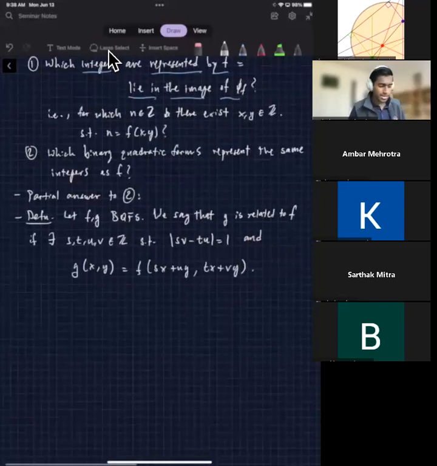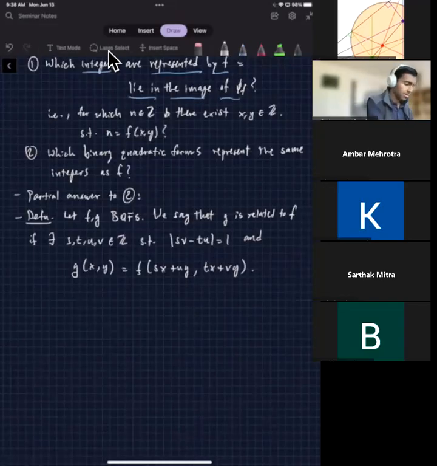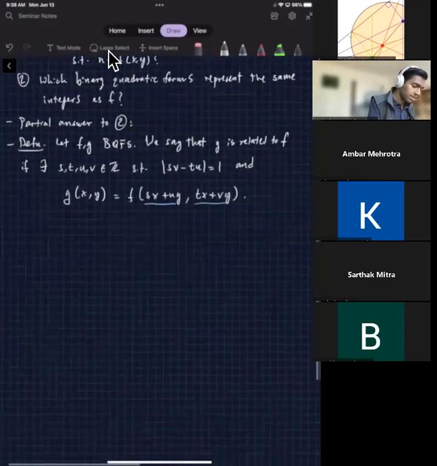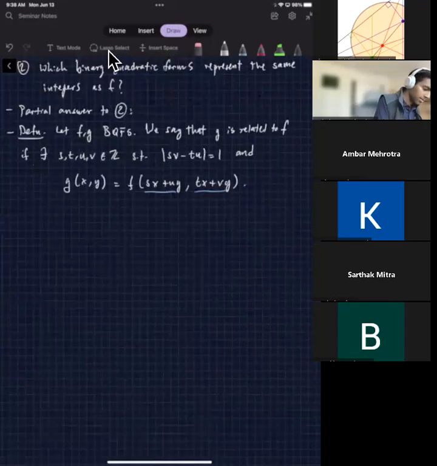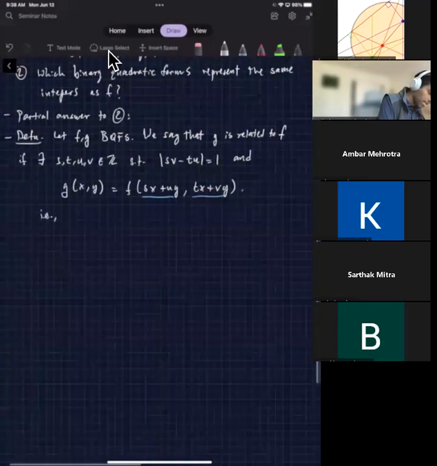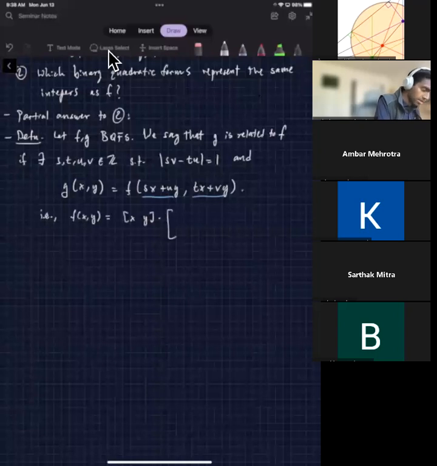So g is related to f if you can get g from f by doing a linear change of variables, where the linear change of variables is to replace x by sx plus uy and to replace y by tx plus vy. And this definition is much easier to state in terms of the matrix factorization. So let me do that. So that is to say, if we write f of x comma y as (x, y) times the matrix with rows (a, b/2) and (b/2, c) times the column (x, y),